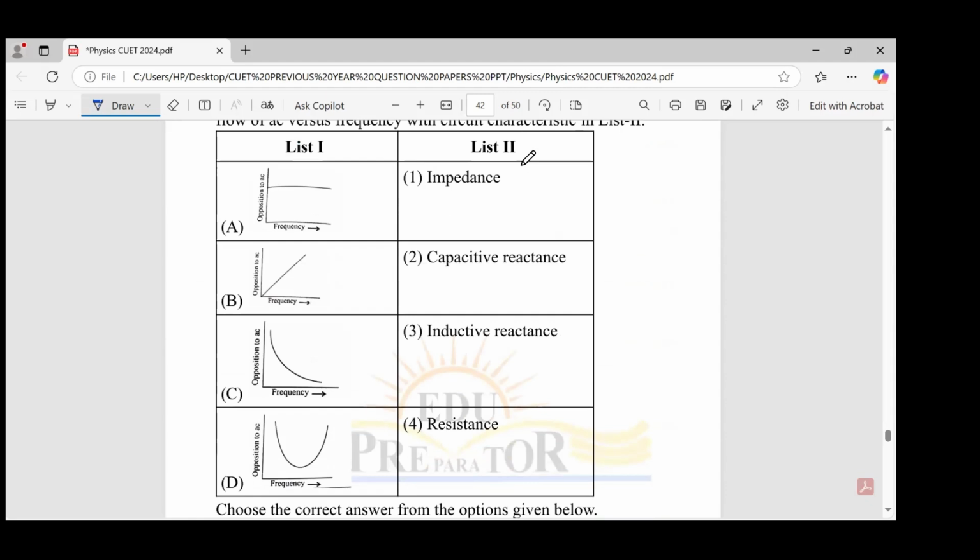Now this question is based on the dependence of opposition on the frequency. Opposition independent of frequency, we have resistance. Opposition directly proportional to frequency, we have inductance. Opposition inversely proportional to frequency, that is capacitance. And decreasing and increasing, that is the concept of impedance. But if we apply all these cases, we find that the option which is correct comes to be